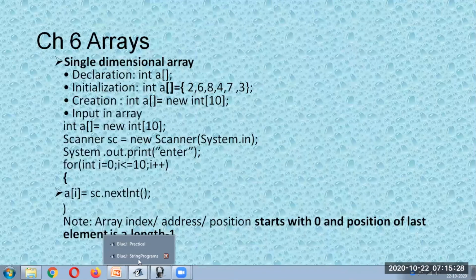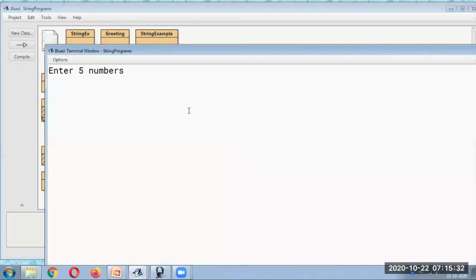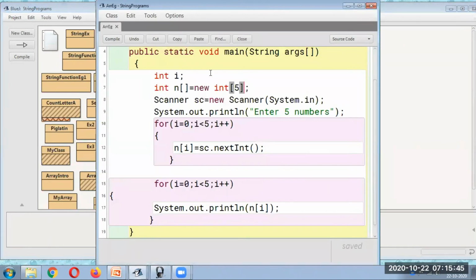You can go on increasing the size. It will depend on the situation. If you want 10 elements, I'll show you that. First, 5 numbers. So this is how 5 elements work. Now the same program we can use for any number. The only thing, if I want to put 10 elements, I have to change it to 10 over here. This will become 10, and this will become 10, and this will become 10.